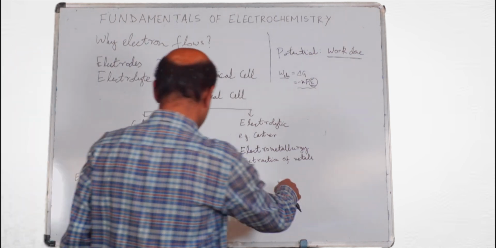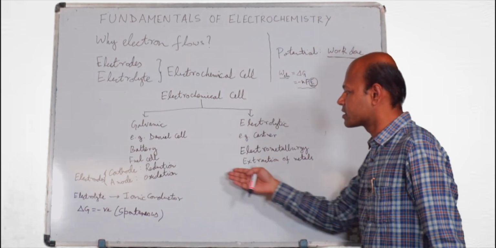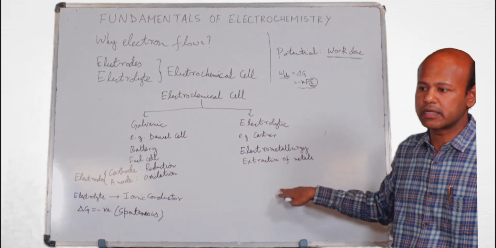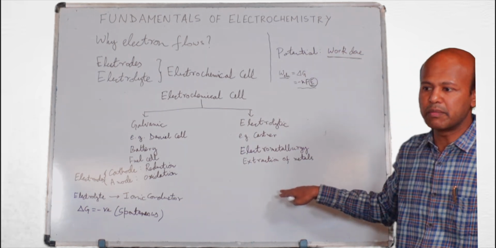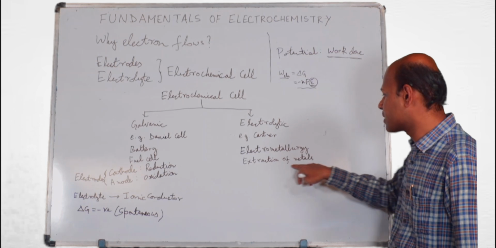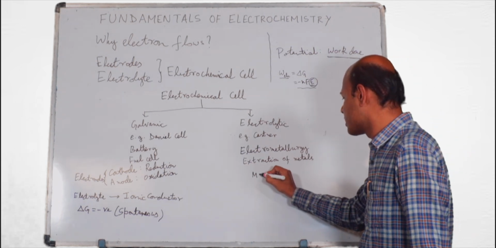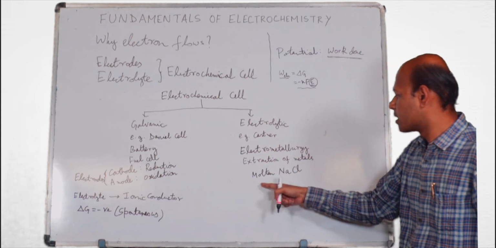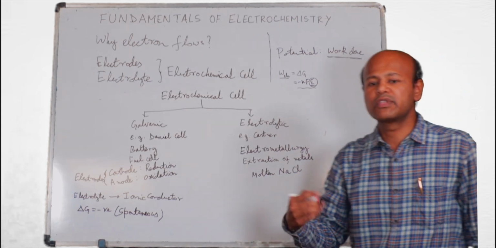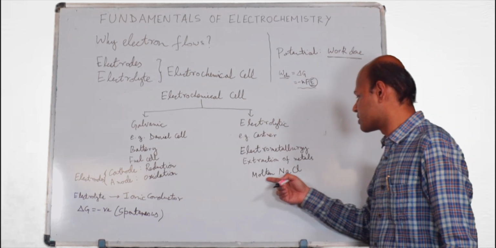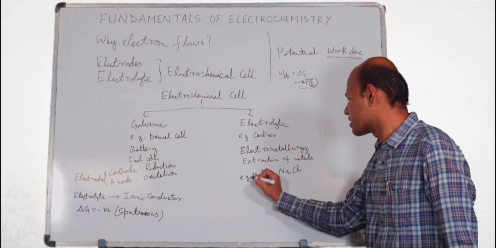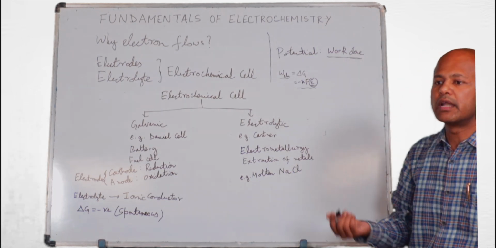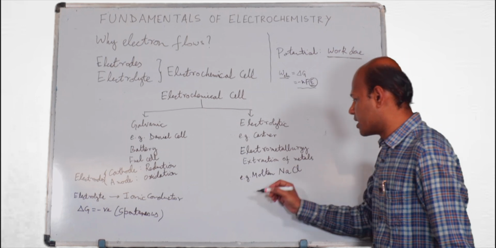But what is the nature here? If you see, the electrodes are electronic conductors, same electrodes. The electrolyte should be an ionic conductor, and the electrolyte we choose for the extraction of the metal depends on the nature of the metal. Suppose sodium extraction means we'll use molten NaCl. So the electrolyte is chosen by which metal we want to extract. For example, molten NaCl for this Castner cell. It is the ionic conductor, and here the delta G